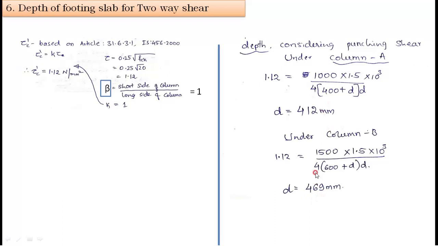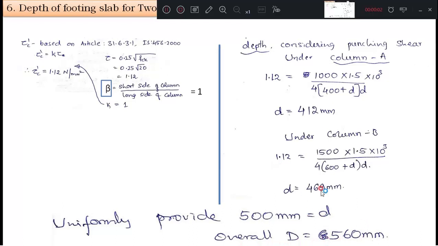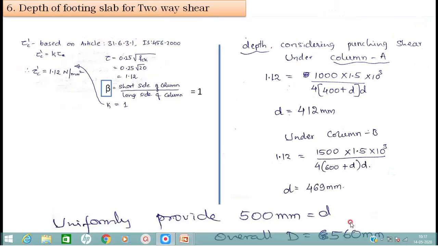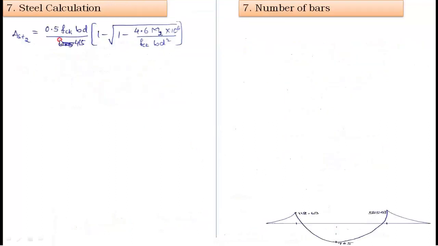By seeing these two, 469 is greater, therefore we will provide 469 mm, but we will round it up to 500 mm as the effective depth, and overall depth will be 560 mm. This depth will definitely take care of two-way shear, and even this depth will take care of moment also, because the moment depth was 400 and this is more than that, therefore this 500 will take care of moment also. Now coming to steel